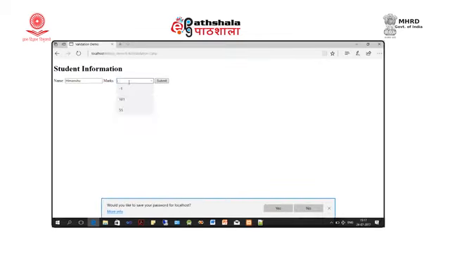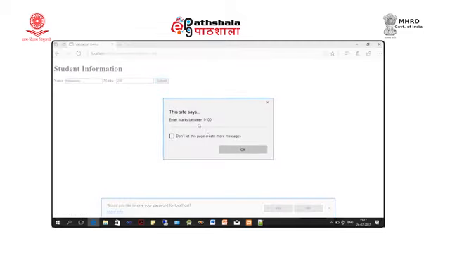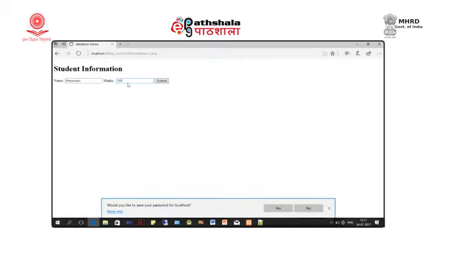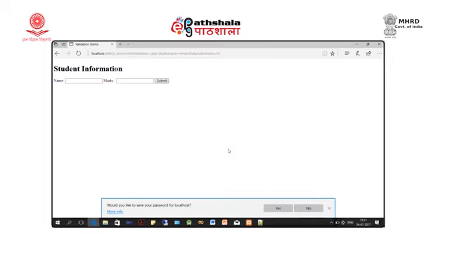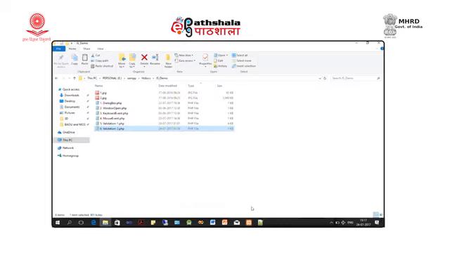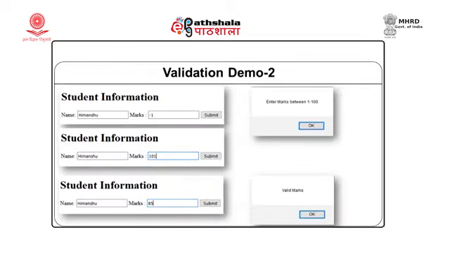If I write more than 100, again it says enter marks between 1 to 100, but if I enter proper marks, then it says valid marks. This is how we can test the range for numeric values.